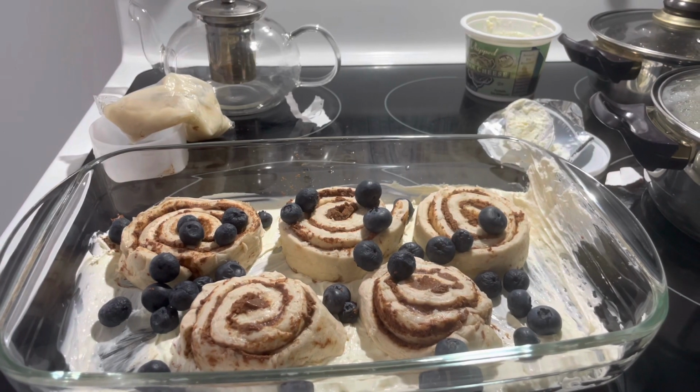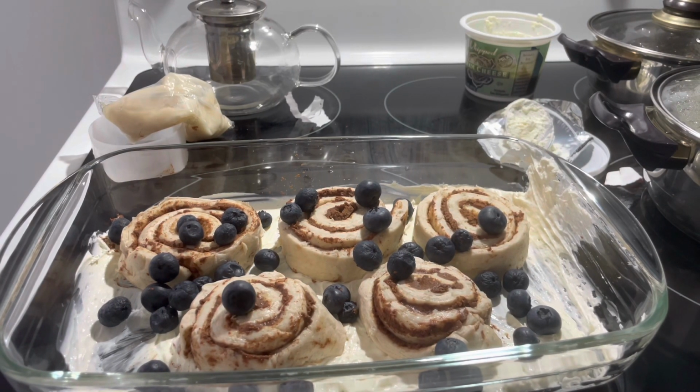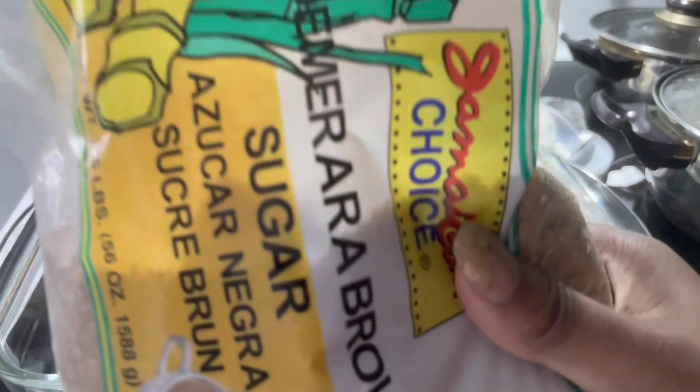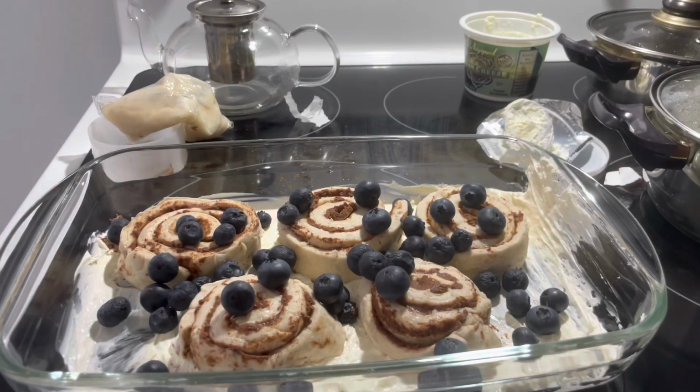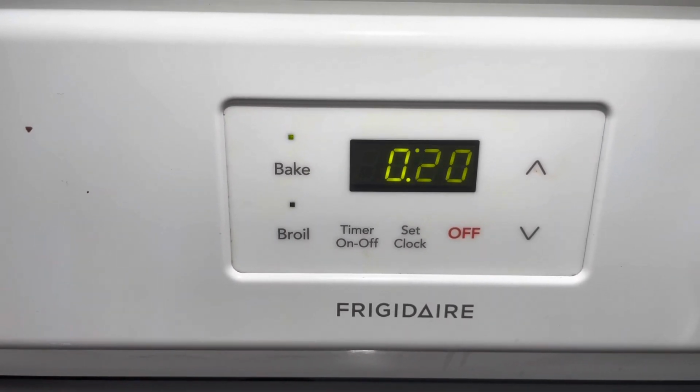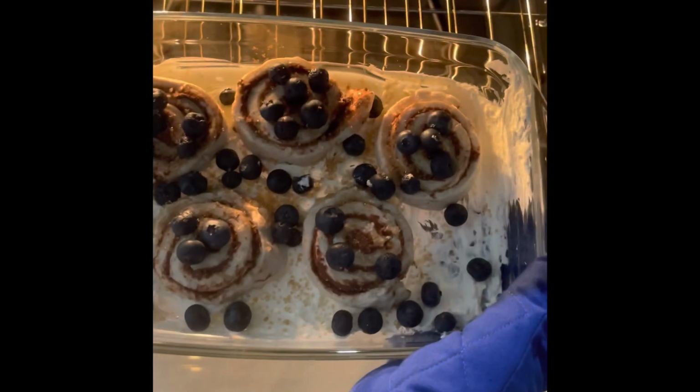And next, just sprinkling the blueberries all over the top. I'm gonna add some of this here Jamaican brown sugar. Just a little bit. Oven 350, timer set to 20 minutes. Now they go